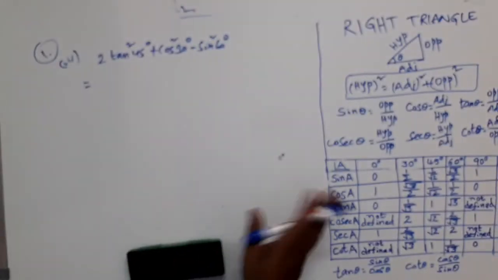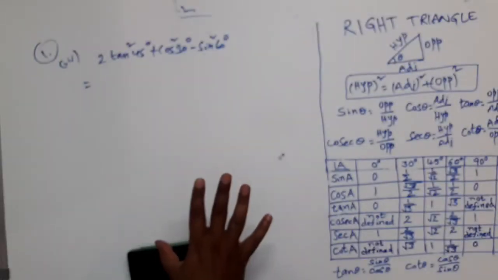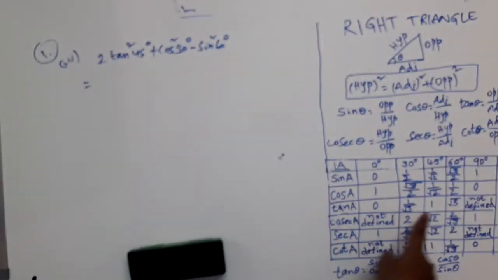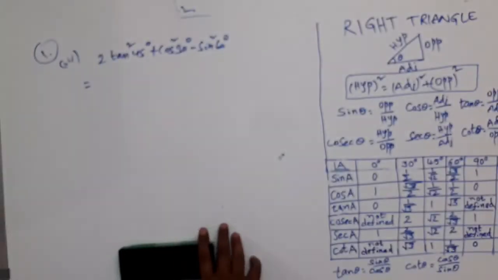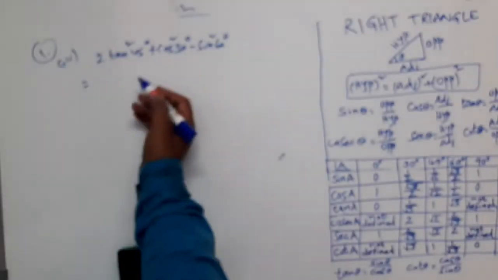You can see the table, or if you have remembered, or if you want to follow my method, just stop the video and try to remember these values. Just the first row and these two values, 1, 1. The remaining you can do by practice, then come to the video again. Anyway, I am writing directly.